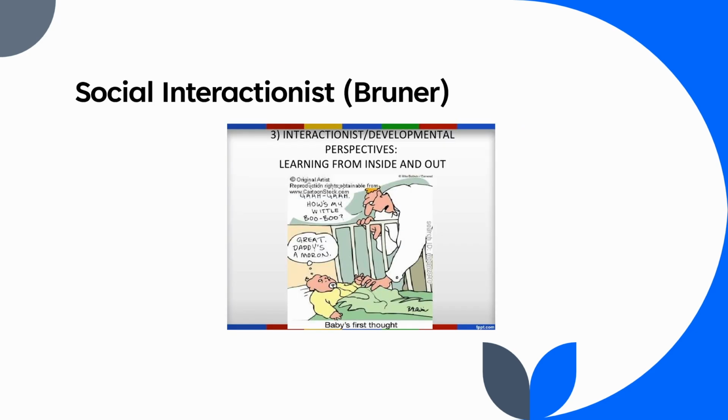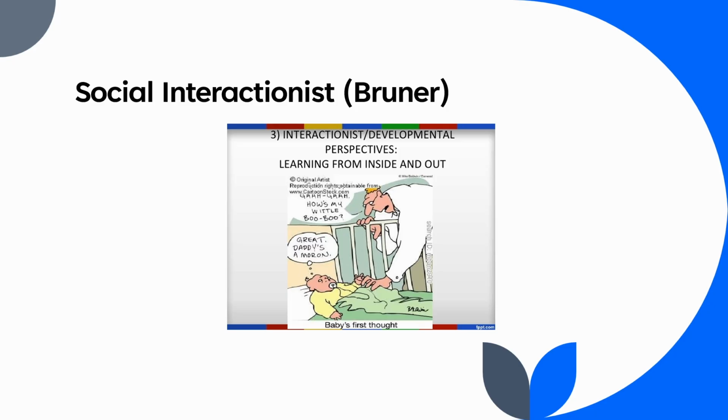The social interactionist model of language acquisition is based on a simple idea. People use language to communicate. From this perspective, children learn language as they learn how to express their communicative intentions. Communication comes first. Linguistic structure develops through use. The model emerged from research on pragmatics, or how language is used, and parent-child interaction.